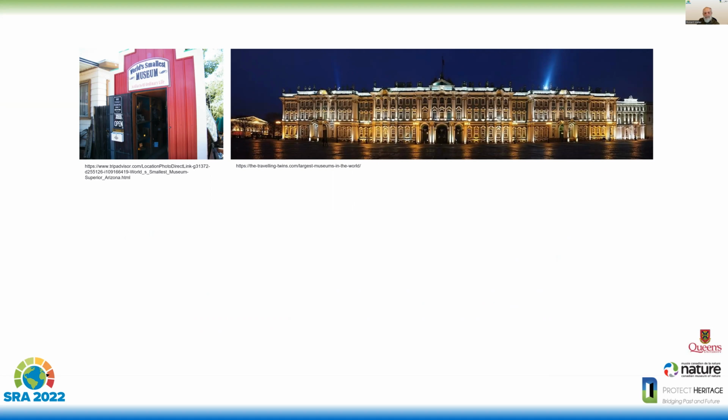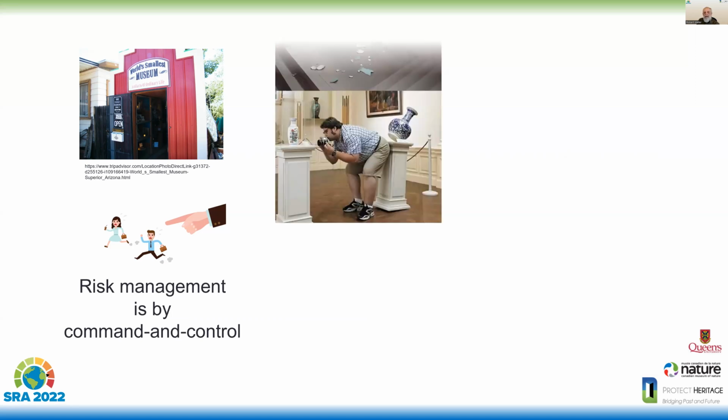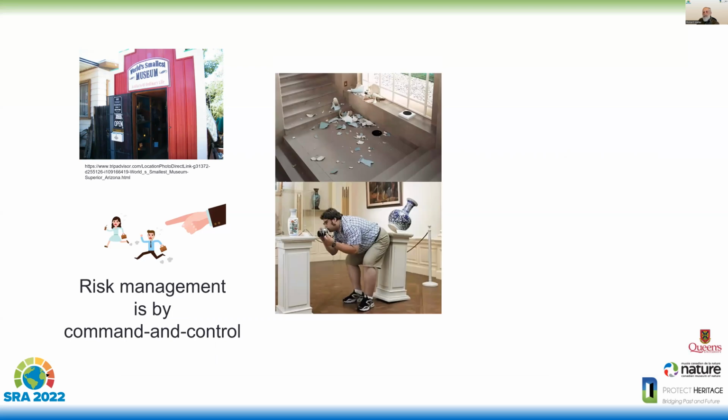Petersburg. For very small museums, it's possible to do risk management by a kind of command and control approach. Often there's just a single person in charge of the museum. Sometimes that's even just a volunteer. And typically what will happen is that the museum might contract a preventive conservator to come in, look at the situation, and come up with recommendations, say for improving the protection of fragile objects that might be in vulnerable places